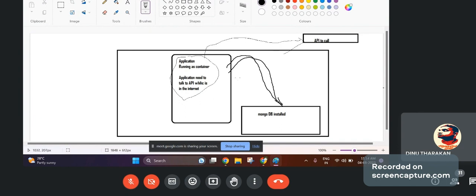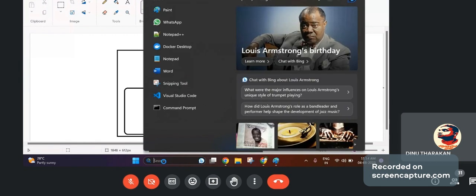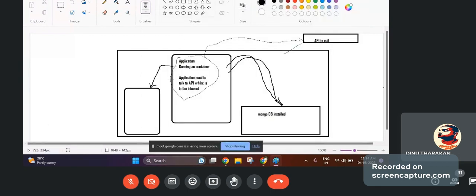I mean, whether my container can go and talk to the host machine. That is the second network possibility we are going to check. And the last one, which we have learned, is whether this container can go and talk to another container running on the same host. So there are three connections we are going to check. The first thing we are going to do is see whether my container can talk to the outside world or not.